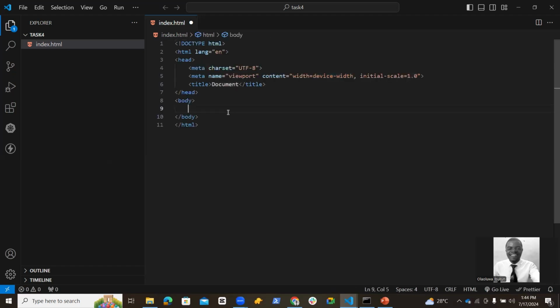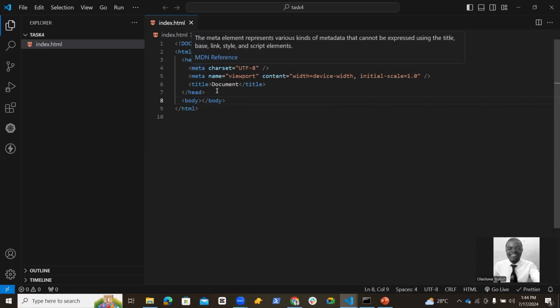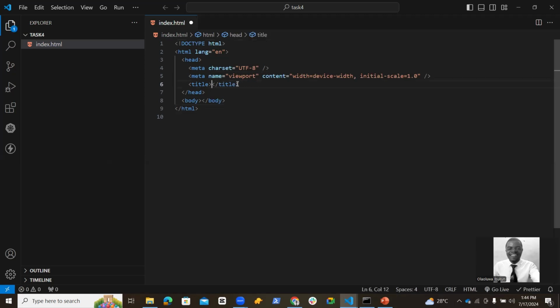So I'll just click on that. Again, if yours is not working, just type exclamation mark and enter. You have to install Emmet. I've talked about how to do that in the previous sections. So install Emmet, and once it is installed properly, you'll be able to have some auto completions. So here, let's just set the title of this to